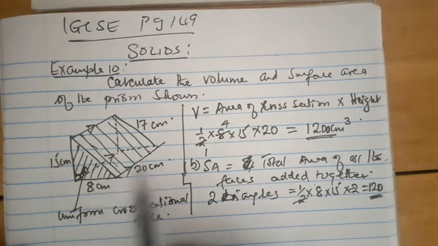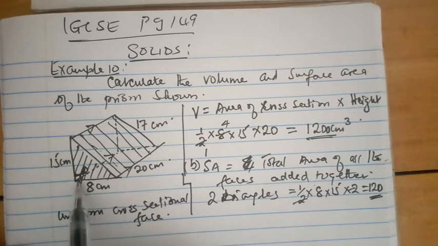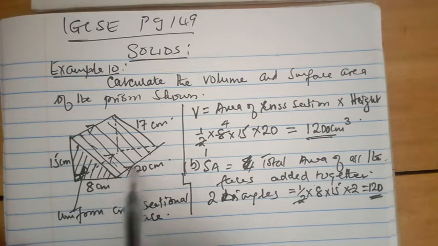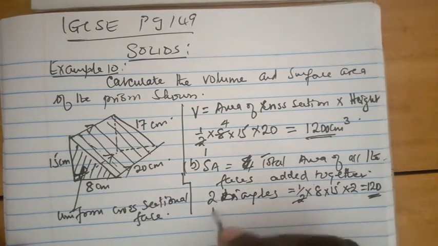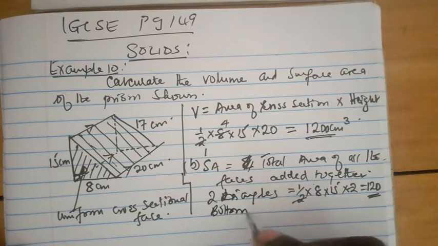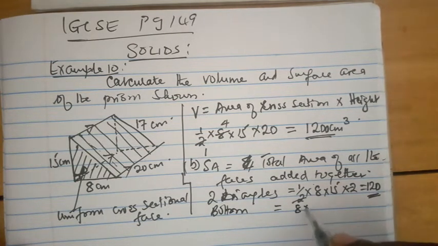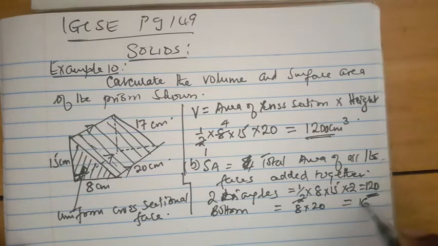There is the bottom face, whose length is 20 and the width is 8. There is the bottom, which is 8 times 20, giving us 160